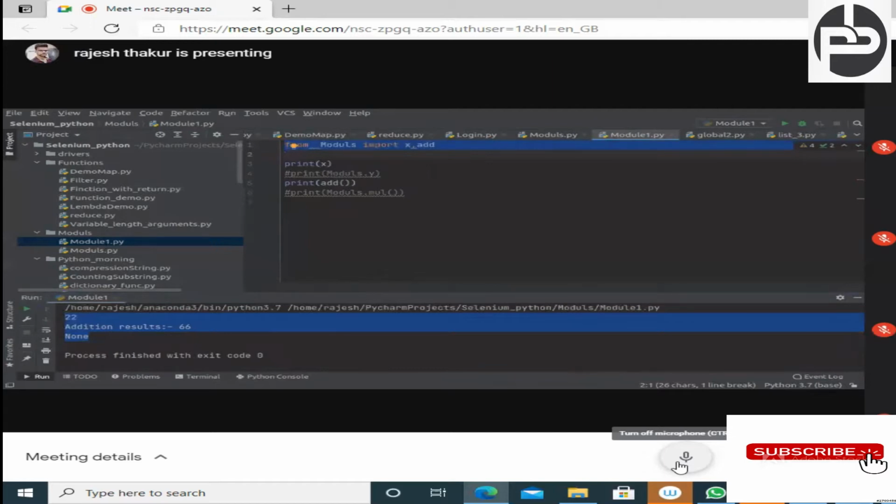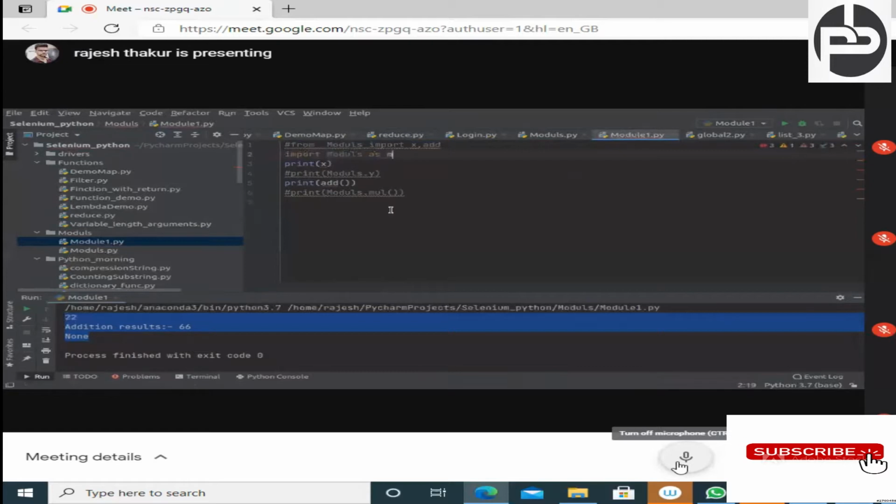Now just try to understand, you can use aliasing also. Let's suppose I don't want to call it like this. I'm going to comment this out, copy it, and paste it here, and write import modules as m. I'm giving the alias name m.